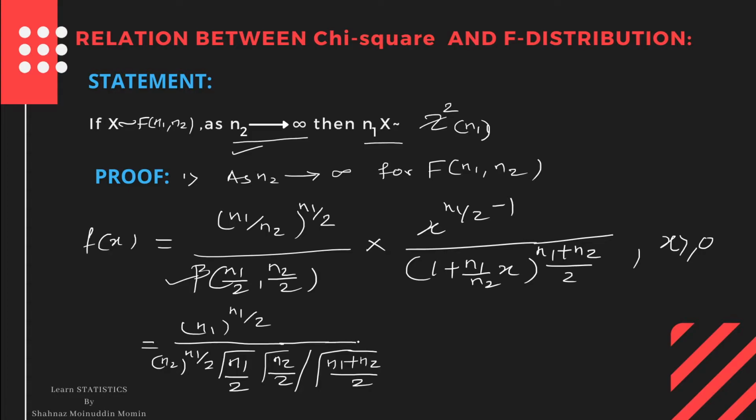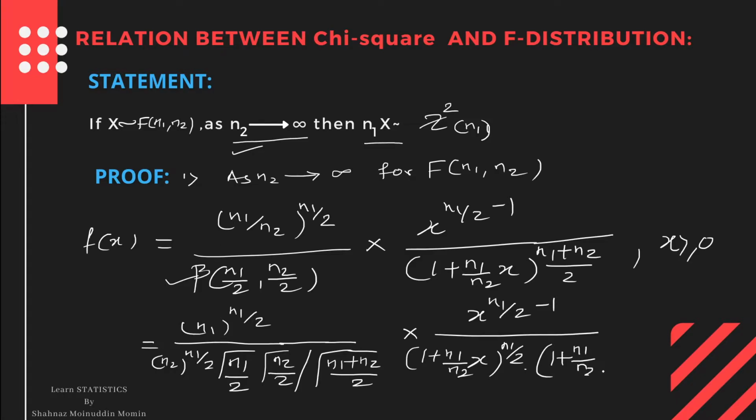I have expanded the beta function by the relation between beta and gamma function. Multiplied by x raised to n1 by 2 minus 1, divided by (1 plus n1 upon n2 x) raised to n1 by 2 into (1 plus n1 upon n2 x) raised to